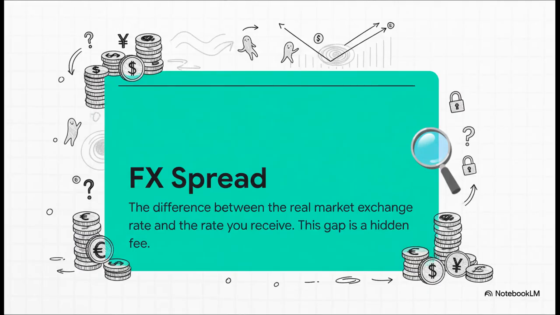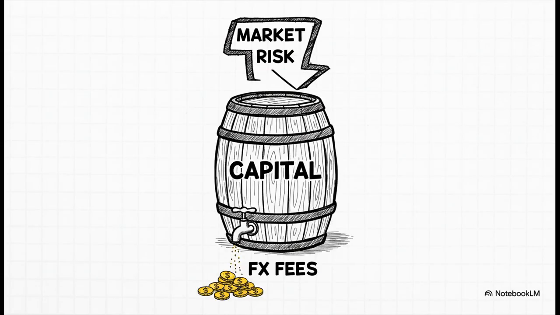Anytime your money is converted from one currency to another, there's a fee. But here's the tricky part. It's not a line item on your statement. Oh no, it's hidden inside the math. The rate you get is just a little bit worse than the real market rate. And that tiny difference, that's their fee. And that's the crucial part. Unlike market risk, which can go up or down, these fees are a persistent, one-way drain on your capital. They're charged on every single conversion, just steadily siphoning value away.